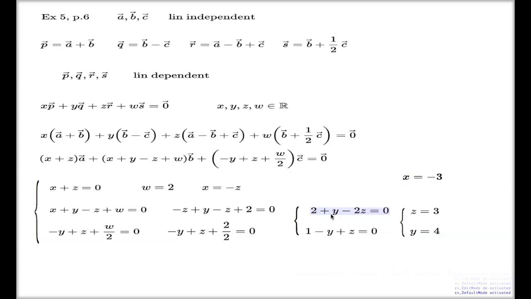I claim that the values x equals -3, y equals 4, z equals 3, and w equals 2 will make all three of these true, and by implication, they will make this one true. And that concludes my